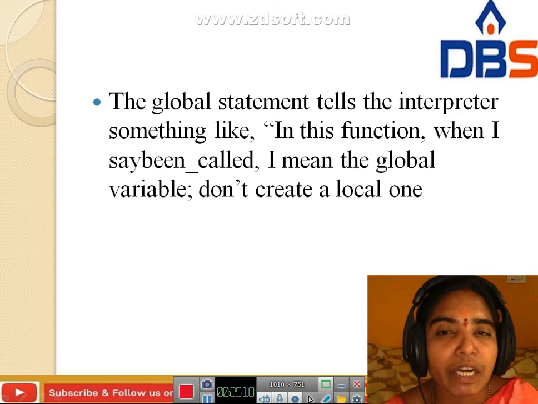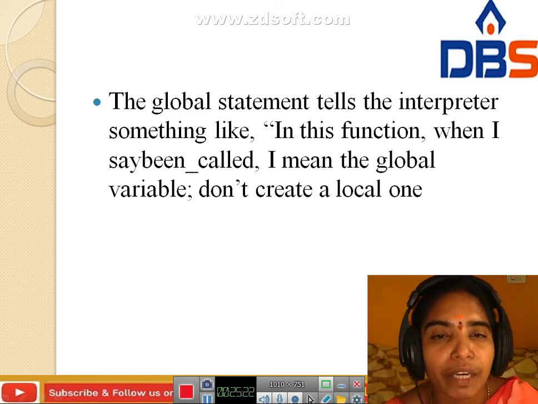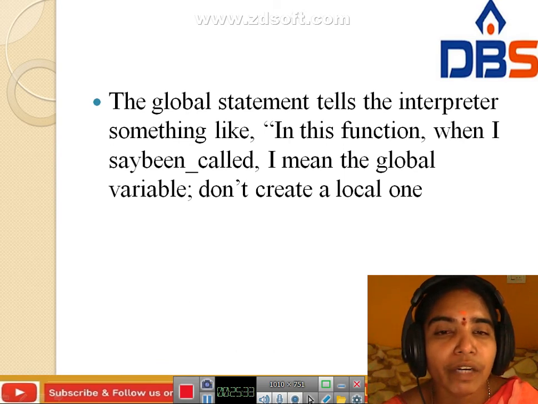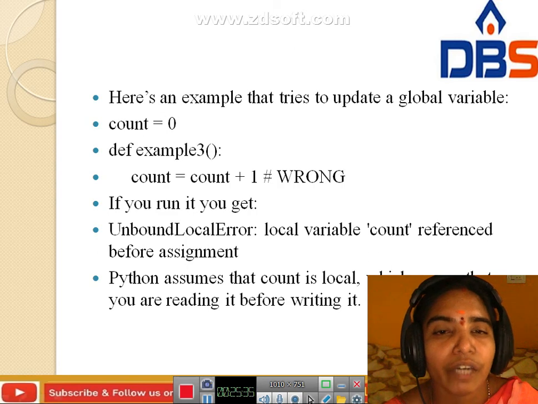The global statement tells the interpreter that in this function, when I say been_called, it is the global variable, so don't create a local one.